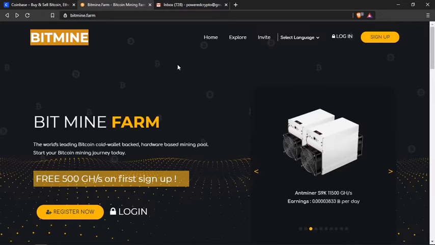I'm going to be taking you through a typical Bitcoin transaction, how it's processed. In this particular video, we are going to be looking at how to transfer Bitcoin or how to send Bitcoin. But this is an example of a typical transaction that takes place if you're buying something using Bitcoin in any